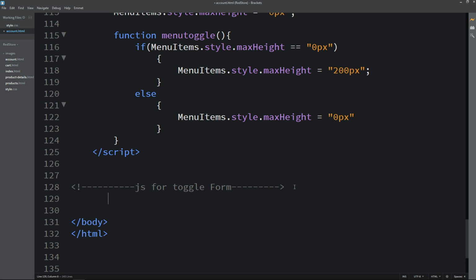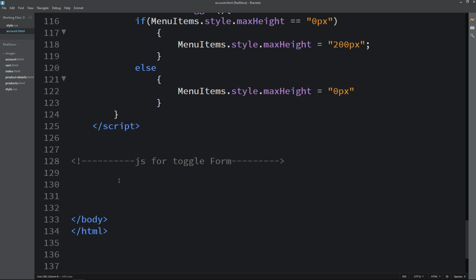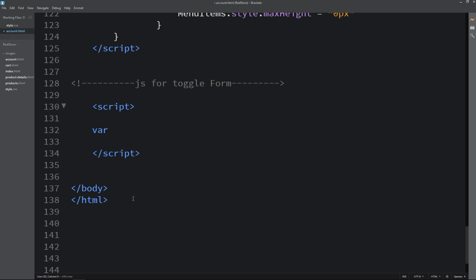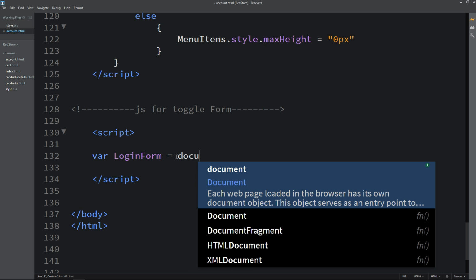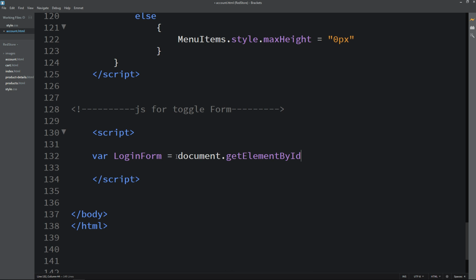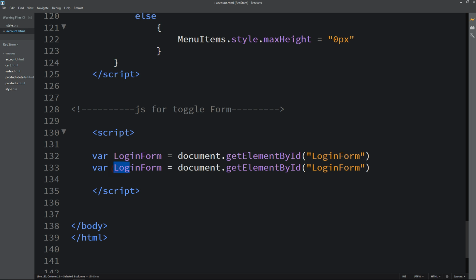Let's write a script open and closing tag, and here I am adding var, and let's write login form equal to document.getElementById, and here we will add the ID that we have created, login form. Let's duplicate it and we will change it to REG, which is for the registration form, and here also.